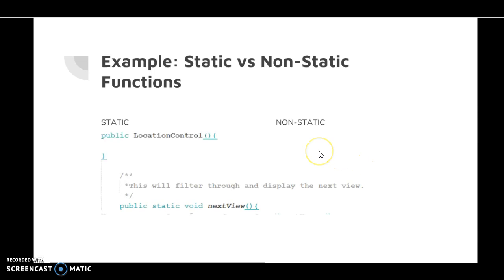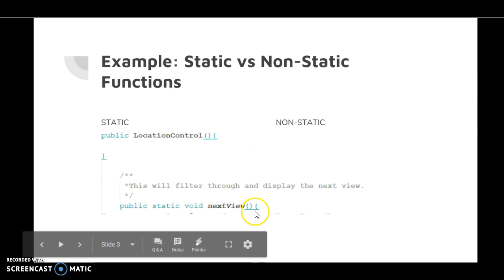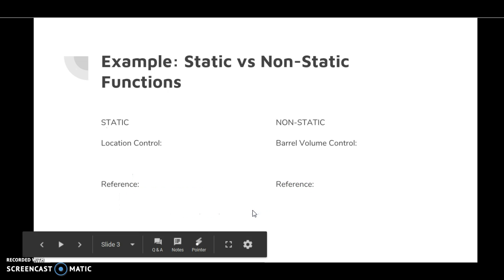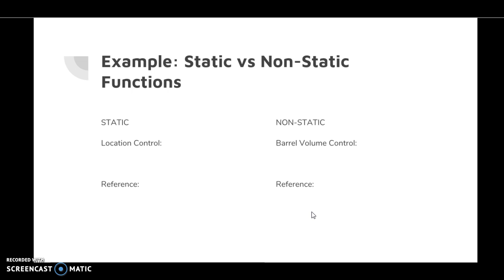We see similar differences in static and non-static functions or methods. Over here I have in the location control class a method called nextView that is static. The nextView looks through the locations and moves the player through to the next location in view. This is then called in certain views, as you can see here at the bottom of the screen, and it is referenced by a direct reference to